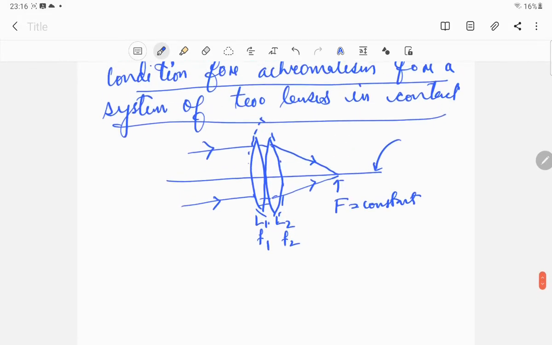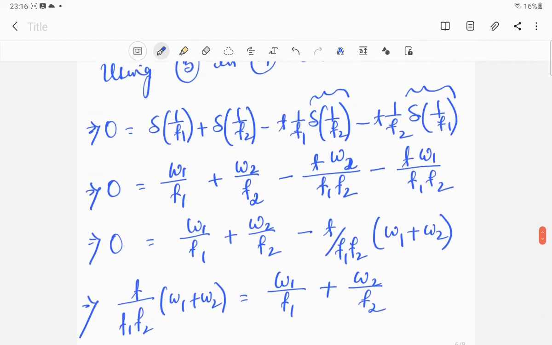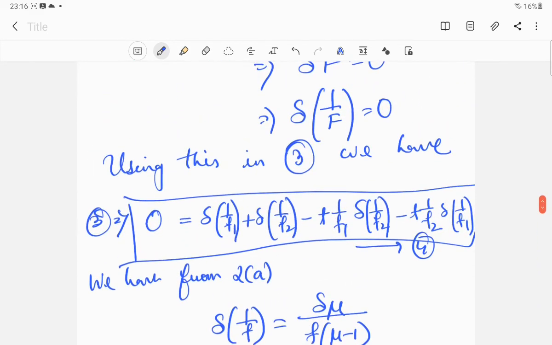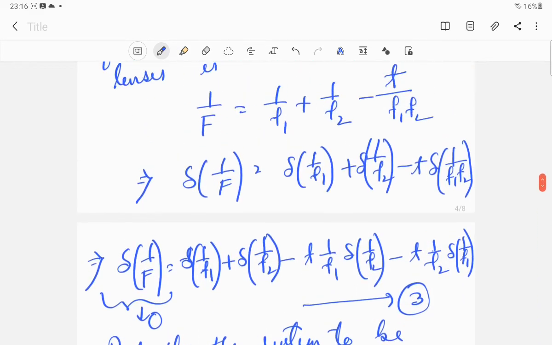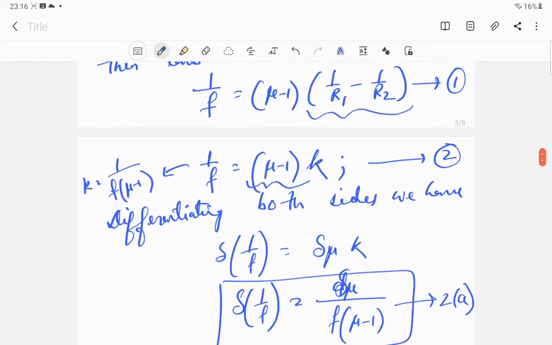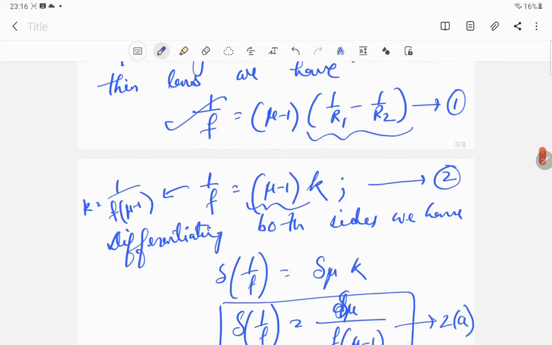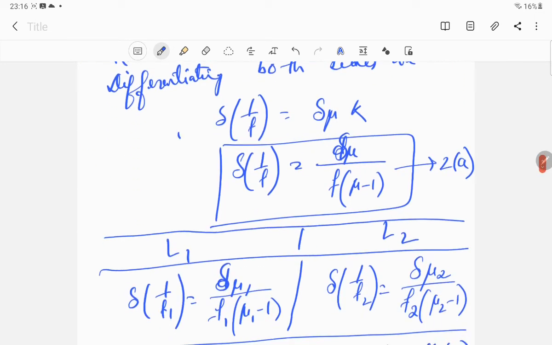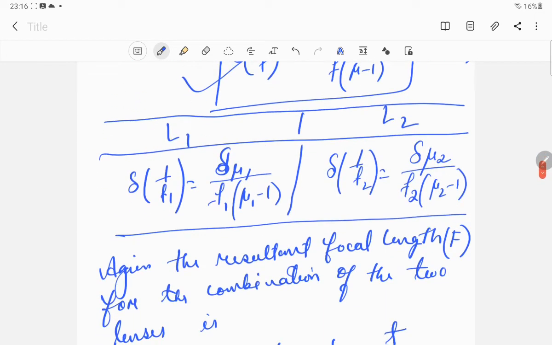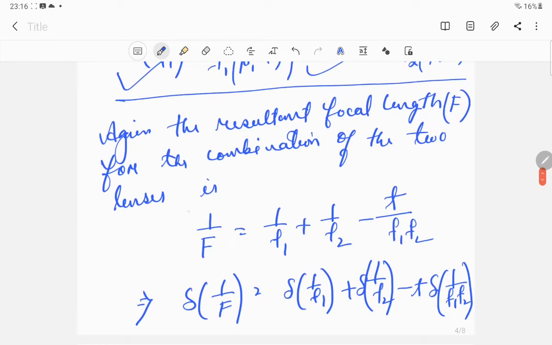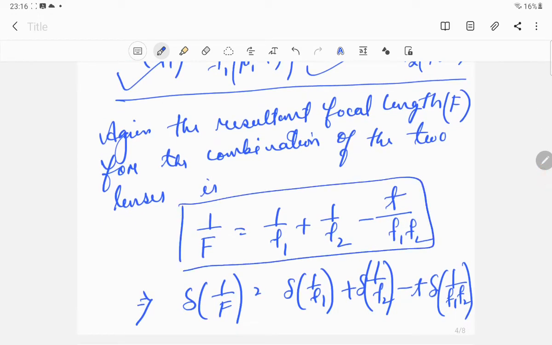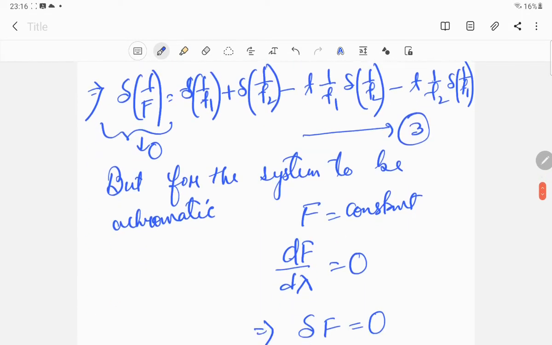So here everything will be the same, let me tell you. In this case also, if you are asked to prove that, you will have to repeat everything, like you need to write this, this, this, this and this, everything you will have to write. Only thing that will change, that is from here. Okay, you need to change from here.